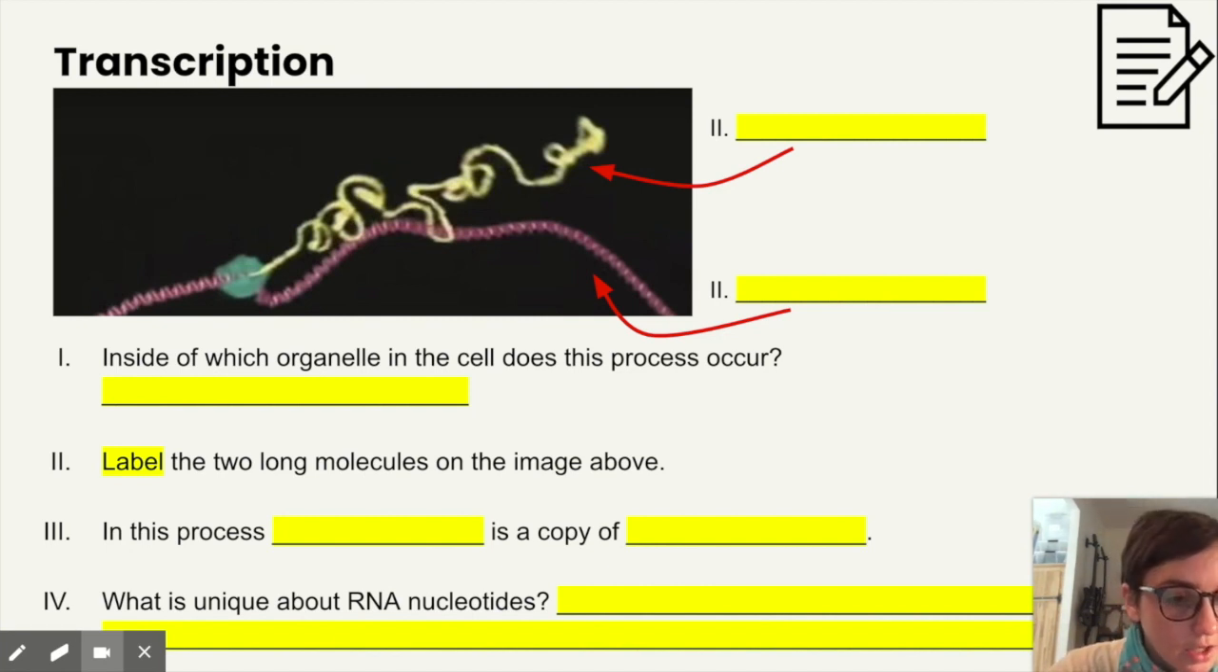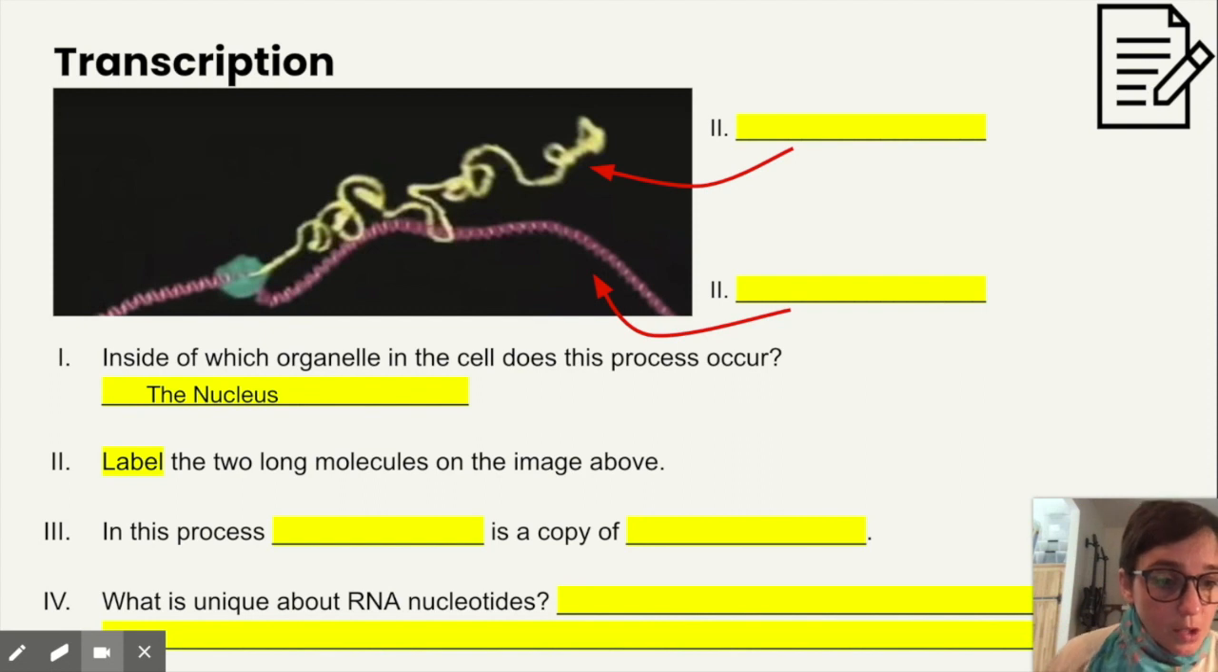Cool, you watched the video, you answered the questions. Let's double check. So inside which organelle in the cell does transcription occur? This happens in the nucleus. The nucleus is that center part of our cell that keeps our DNA really, really safe. Same deal. Your DNA is so important. It cannot leave the nucleus. That would be so unsafe. So